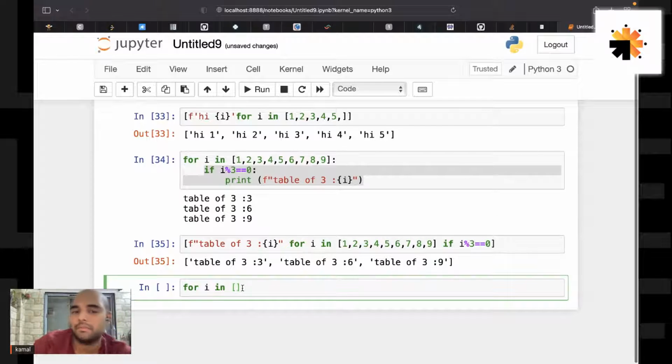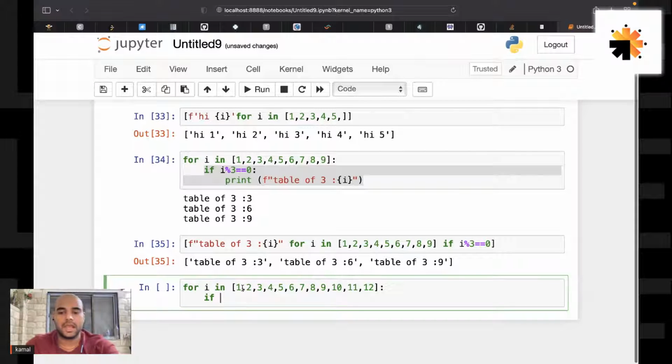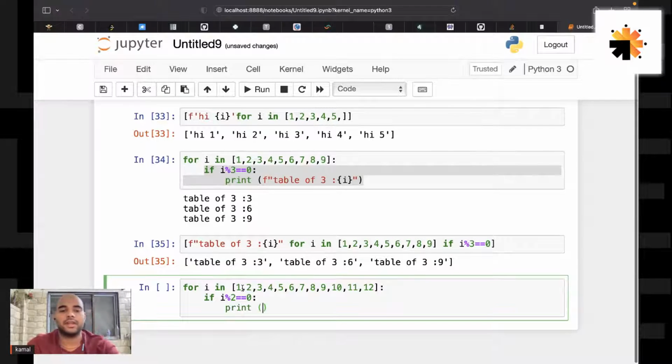Although we have many more examples, that would be enough to kickstart your list comprehension journey. By the way, suppose I have an example like 1, 2, 3, 4, 5, 6, 7, 8, 9, 10, 11, 12. I'm going to say that if i % 2 == 0, meaning i is in the table of 2, I'm just going to write a simple f-string: table of 2, i,